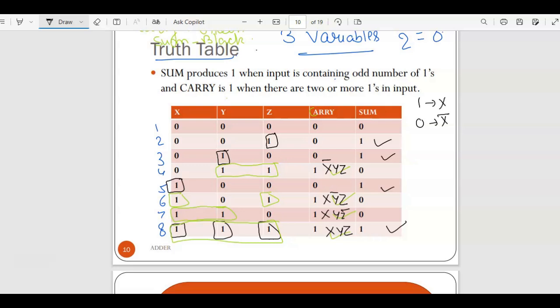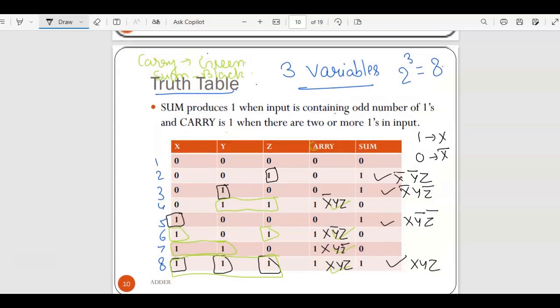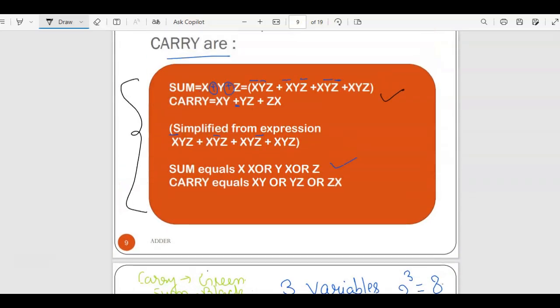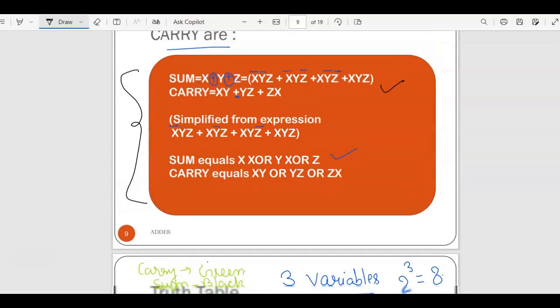Now if you go for the carry part, here also for carry, please check it. 0 0 is for bar. So x bar, y bar, and then we have z. Here you please check it. Here also you have the sum 1 here. So x bar, y z bar, right? And then here you please check it. It is x y bar z bar. And then you please check this one, x y z. So well, you can check it. This is for the sum expression, for the carry expression, and this is perfect. You can just cross check it with respect to the given expression, the expanded form also. It will give you the same answer.